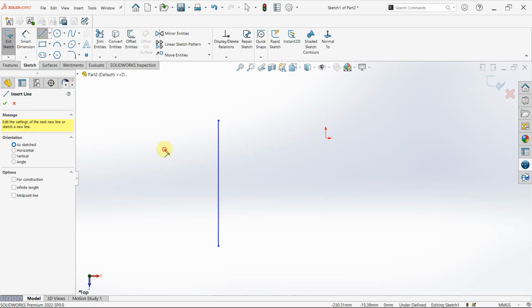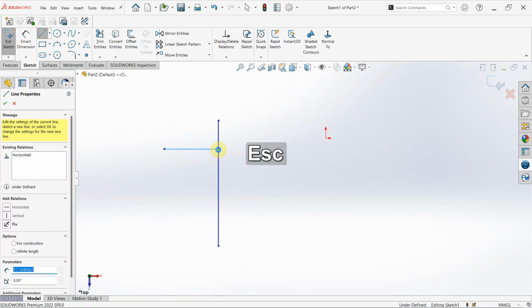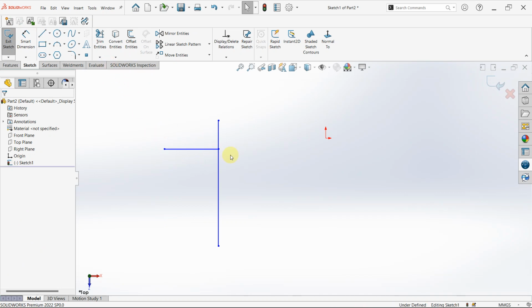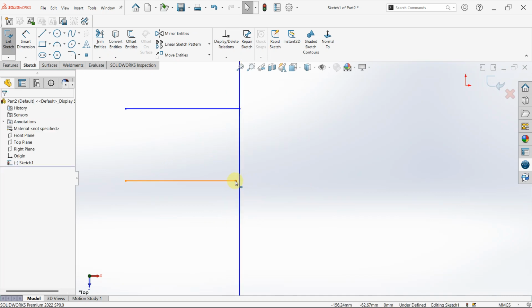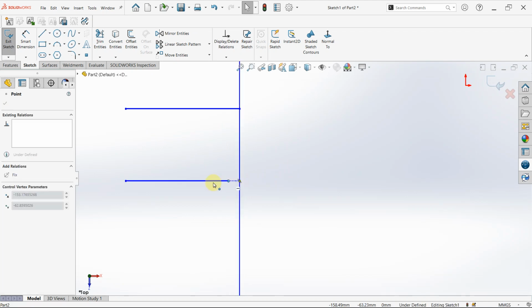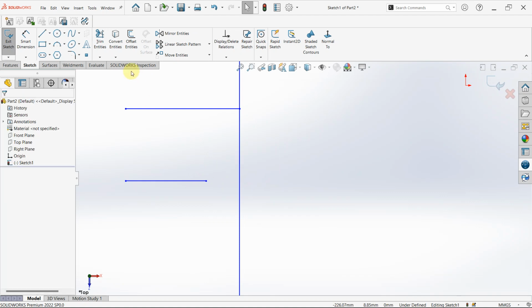So from here, okay, one is okay. Let me just draw one more. Okay, see, this line is not touching here. Instead of me drawing again or holding and dragging it to this point, what I'm going to do is